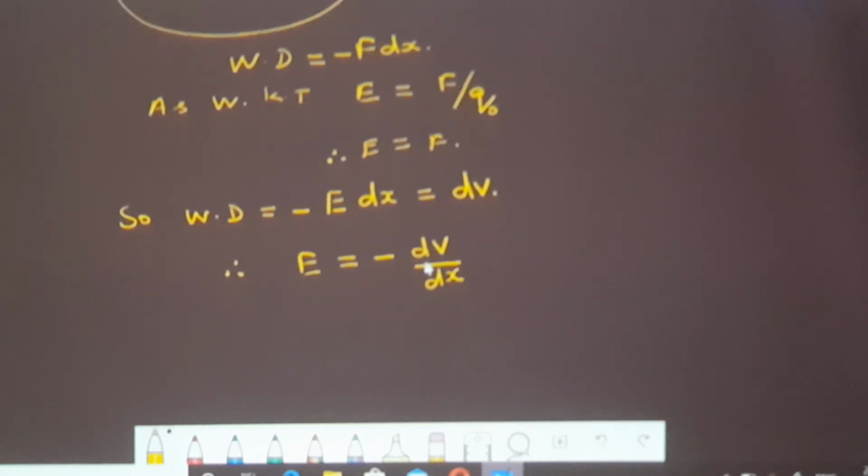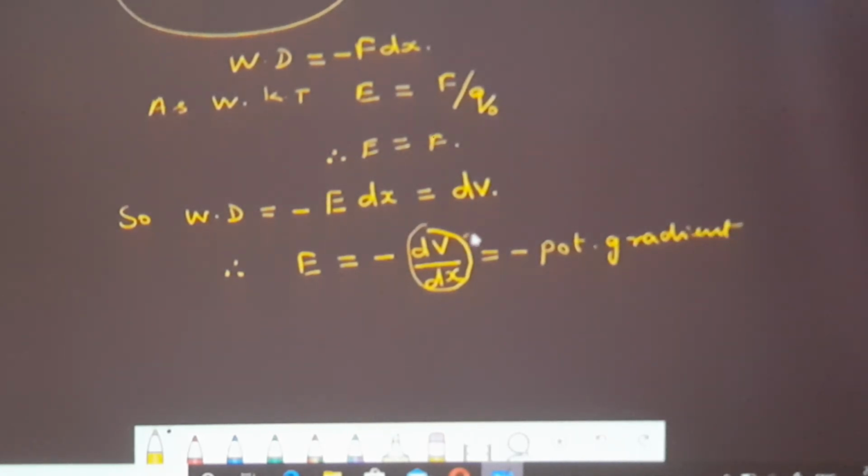So E is equal to minus dV by dx is considered to be the relationship between electrical field and potential difference. Here, potential difference divided by distance or length is called the potential gradient. Any term divided by its distance or length is the gradient. Here, potential divided by length is the potential gradient, and this negative sign indicates that work is done against the